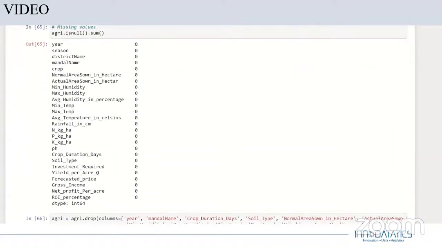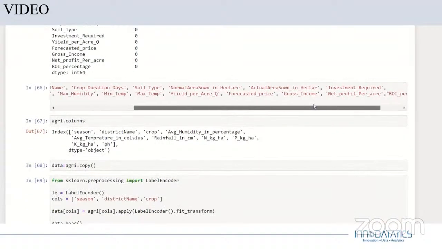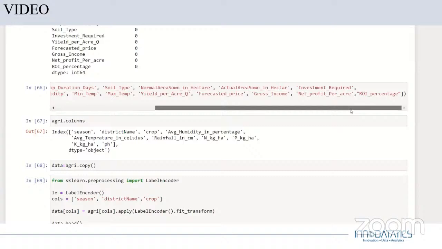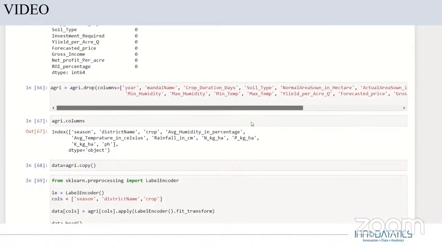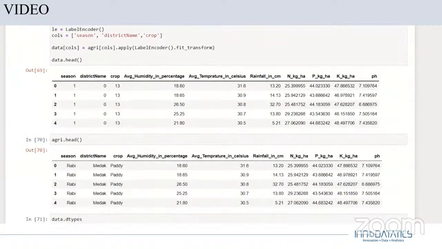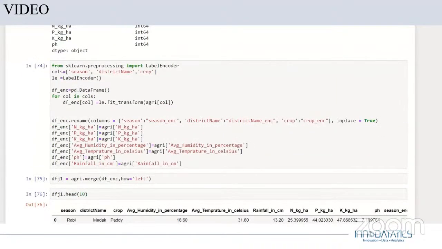Then we checked for missing values and we did not find any null values in our data set. Then we dropped the columns that are not required. Then we applied label encoding for categorical data and converted all the features to integer type.